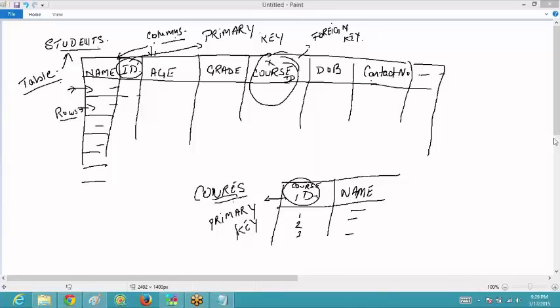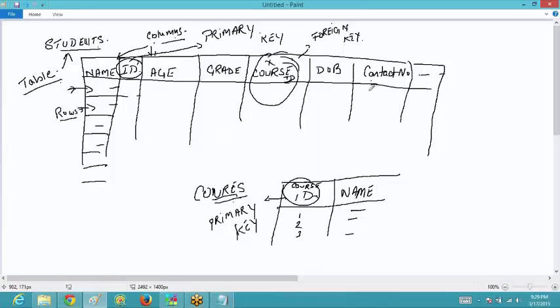Okay then. And one more thing to remember, you cannot leave the data in the primary key blank. You may leave the age blank or any other column could be blank.